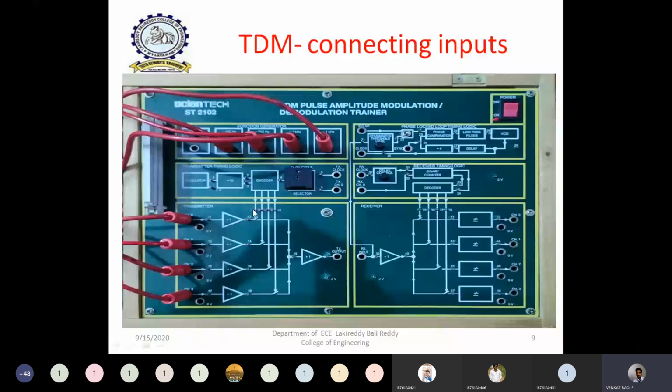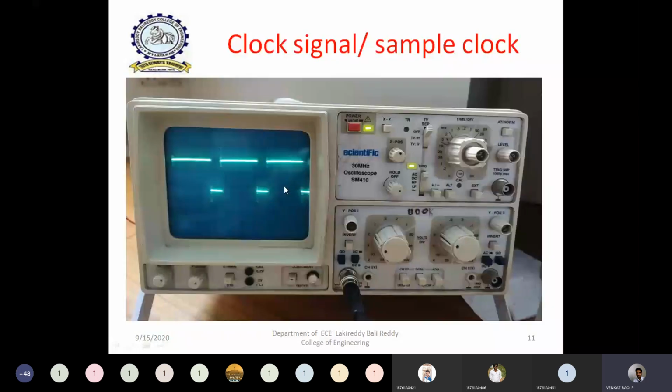Similarly, there is a duty cycle selector here. If you change this knob, the duty cycle of the clock pulse can also be changed. That means the on time period and off time period can be adjusted. This clock signal is called a general clock signal or a sample clock. For example, if you want to calculate the sampling time period, that is TS, it must be calculated based on this sampling clock only. If you observe the time period of this waveform, this time period is nothing but the sampling time,